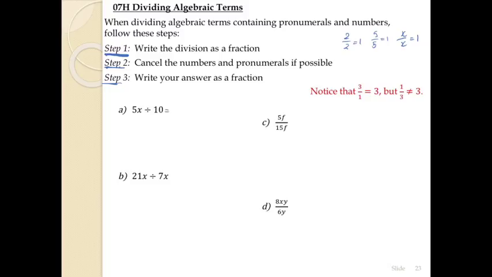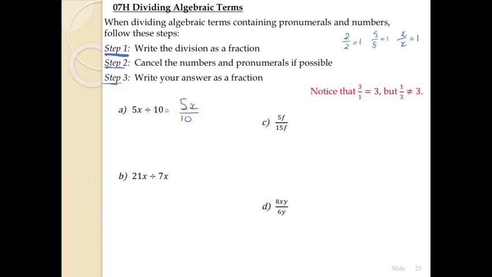Now let's have a look here. We have 5x divided by 10. So I've just written it as my fraction. Now, 5 and 10 have a common factor, and that common factor is 5. Now we know to get 5, we do 1 times 5, and to get 10, we can do 2 times 5. So what I'm going to do is cancel